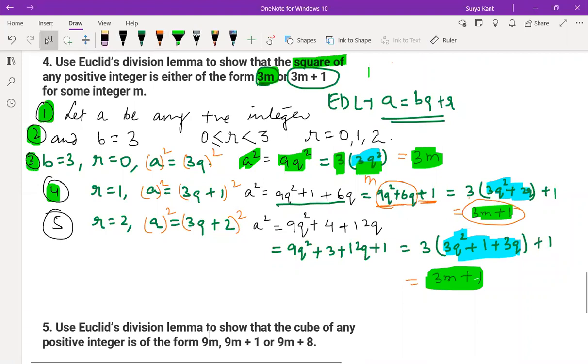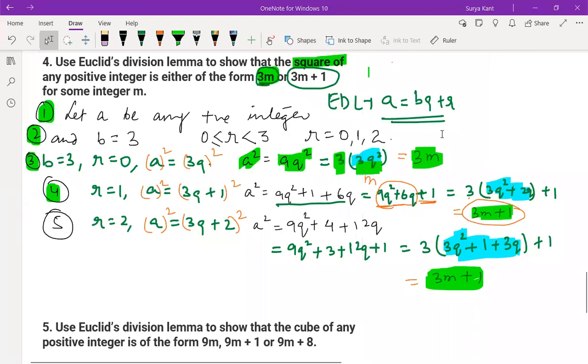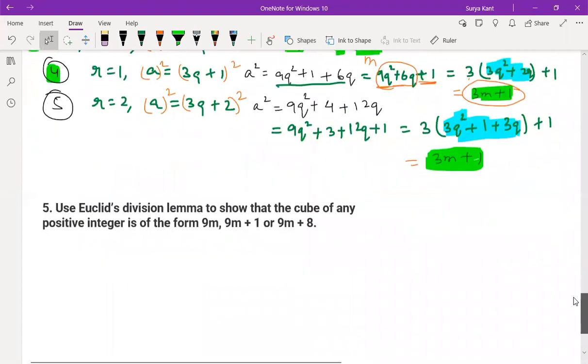Is it clear or not? Yes, sir. Anyone still having doubt here? Any one of you still having doubt? No doubt, sir. All people are intelligent here, huh? This concept people will not understand actually. Mainly I also had not understood it when I was learning this one time. This one looks a bit complicated. Now see, if you understood, who will do question number 5? Then I can say you people understood.